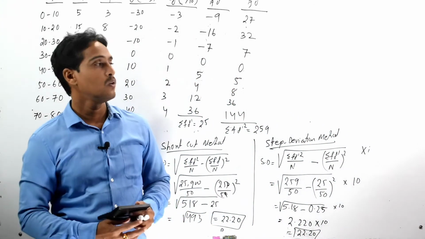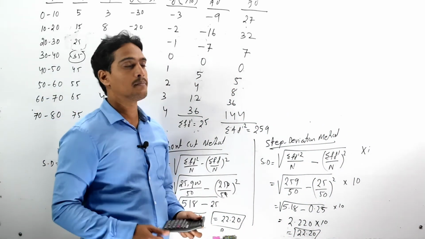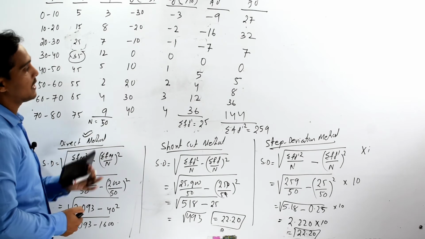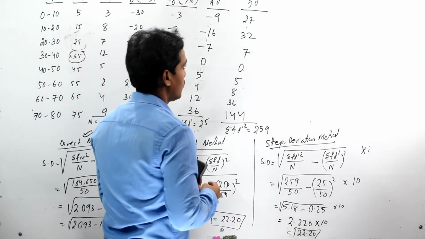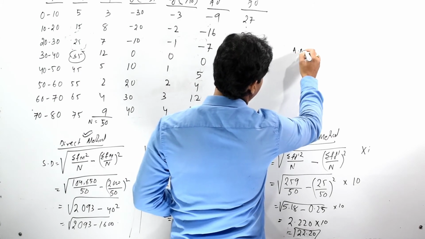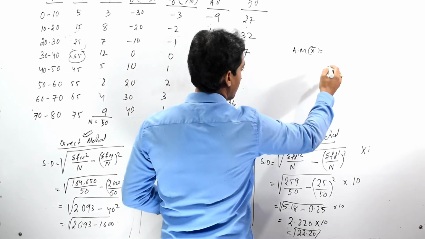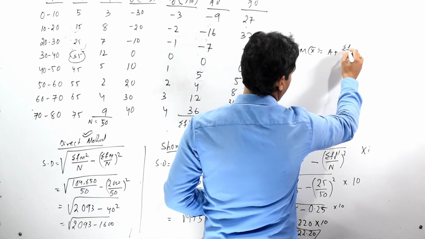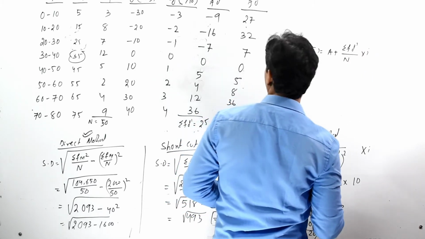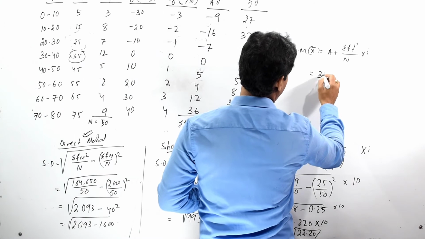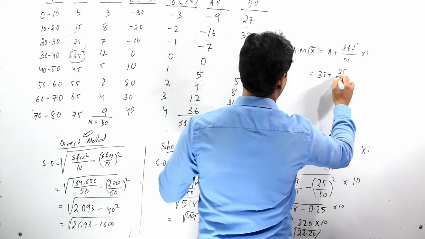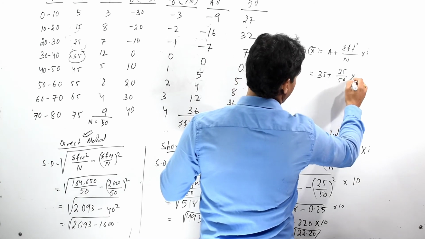So first of all we have to find out the arithmetic mean of the given series, and then we should find out standard deviation. So first of all, compute the arithmetic mean of the given series, that is arithmetic mean or x bar equals a plus summation fd dash by n into i. So by putting the values, that is 35 plus summation fd dash, that is 25 by n is 50 into